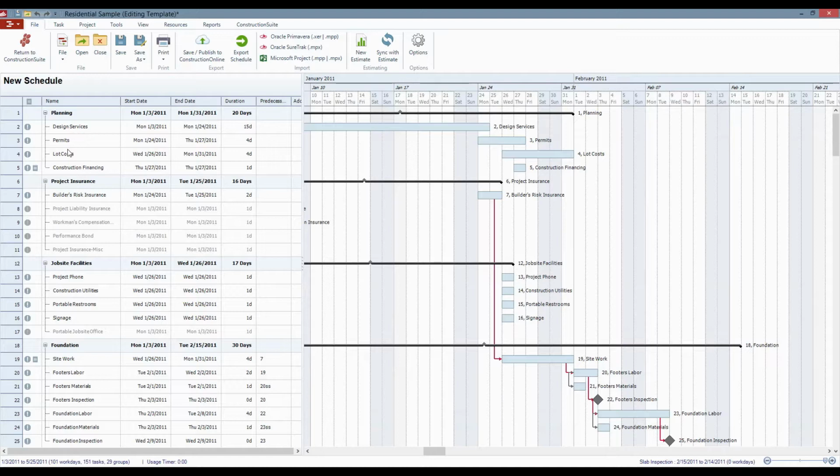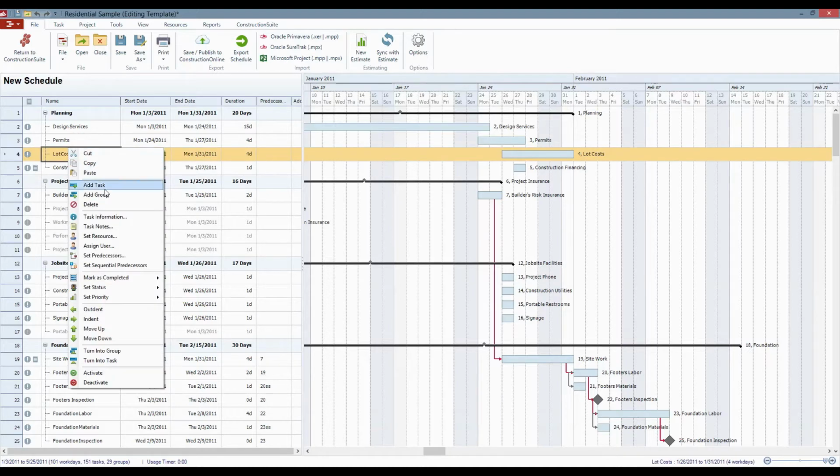All of the groups and tasks, by the way, can be added to through the right-click menu. You can just add a task or add a group in here as well if you need to. You'll also be able to move these items either up and down or in and out using the indent and outdent options here as well. All of this through the right-click menu. So these are some wonderful tools that you guys can use to set up some of these schedule templates in